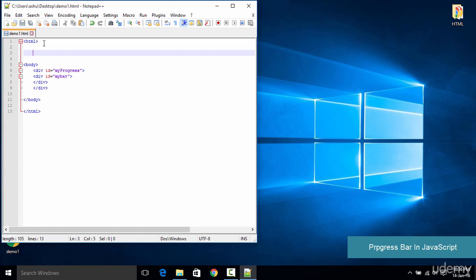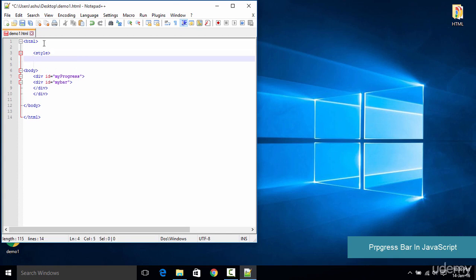So let's go ahead and create some properties for them, but before writing the properties into the HTML, we need to include a style tag so as to write the CSS properties into it. So we type style, the opening tag, and /style, the closing tag. Now inside these tags, let's define some CSS properties for the two bars. So we type hash